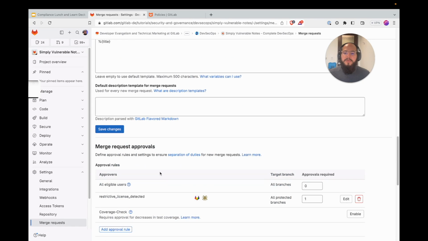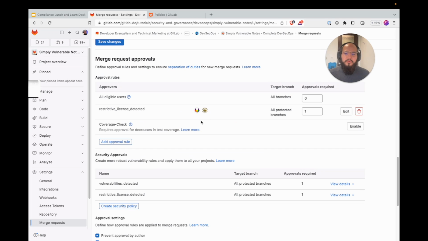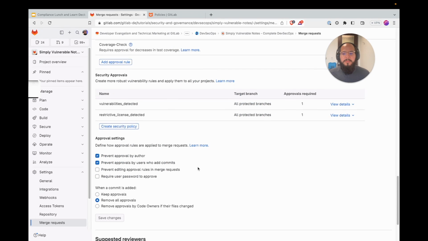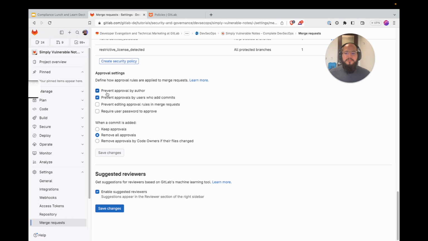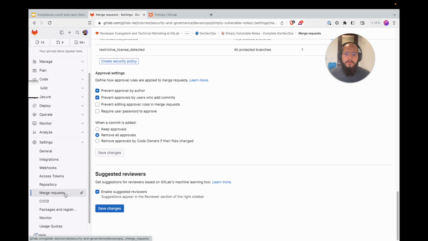And you can go down and check the approvals here, you can add more approvals, you can set up code owners, and you can set up certain approval criteria such as preventing approval by author, by any committer, requiring a password, preventing editing of approval rules. And whenever a commit is added, you can remove all the approvals since it is a new commit and we don't know what's changed.